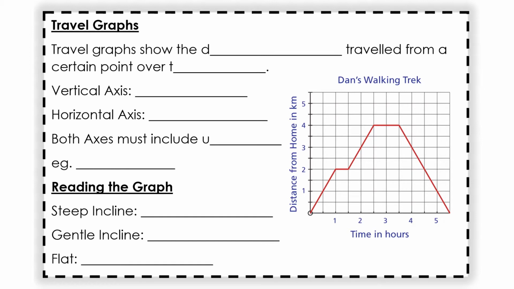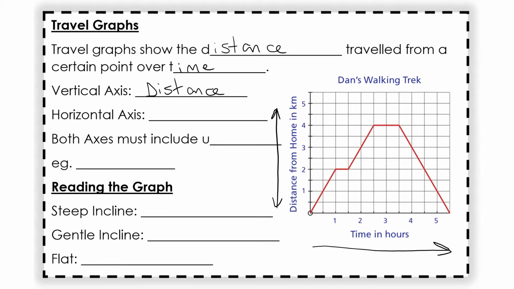So a travel graph shows the distance traveled from a certain point over time. Distance and time. So the vertical axis, and we know vertical, so straight up and down axis, is our distance. And the horizontal axis, that is our time. Both axes must include units, e.g. we've got our kilometers and our hours, so e.g. kilometers,